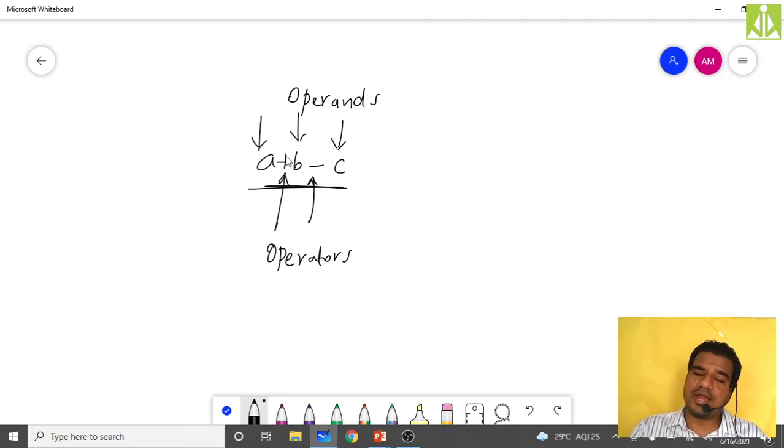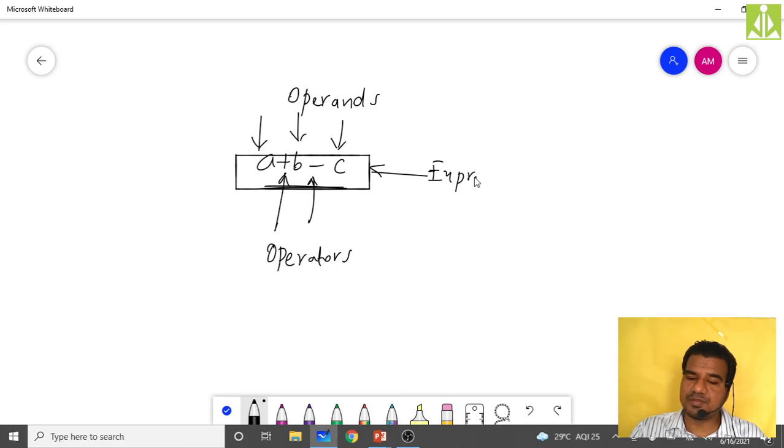Addition means we have to add these two numbers. Subtraction means we have to subtract the value we are going to get over here. So when we are dealing with this complete thing, we call it an expression.